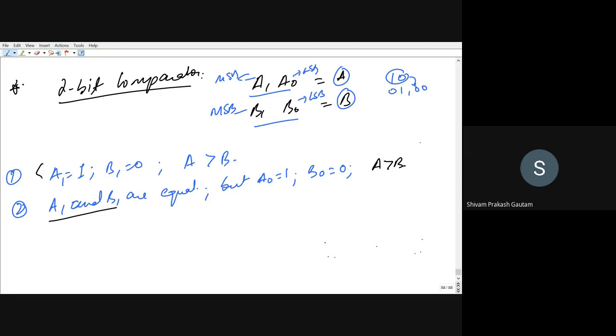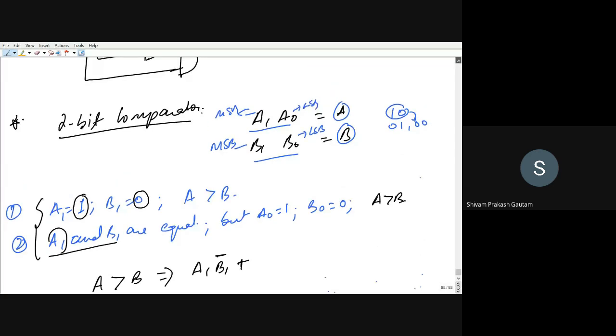Now from both of these two conditions, I can write a logic expression for A greater than B. What can be that expression? First condition is when A1 is equal to 1 and B1 is equal to 0. So I can write A1, B1 bar. This is the first condition, plus second condition. Second condition is when A1 and B1 are equal.